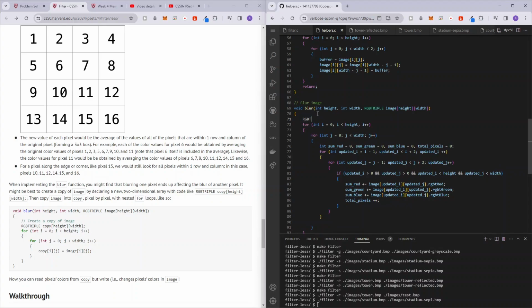So let's create a replica. RGBTRIPLE image_replica with height and width. And in the very end of our calculations for all of that, what we want to do is update the replica image. So image_replica[i][j].rgbtRed